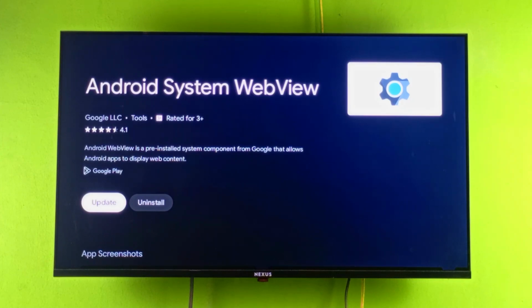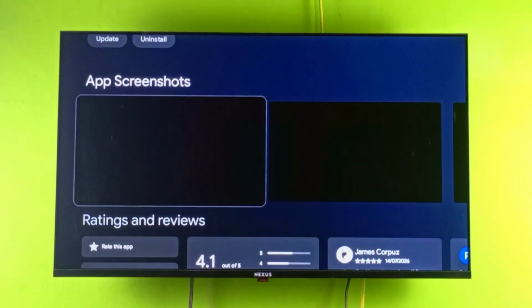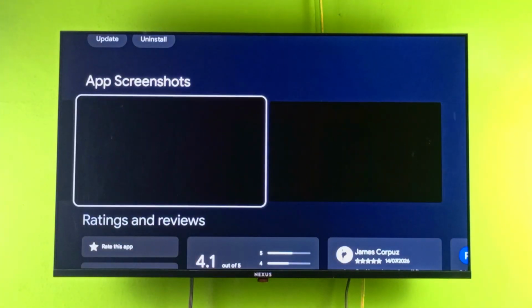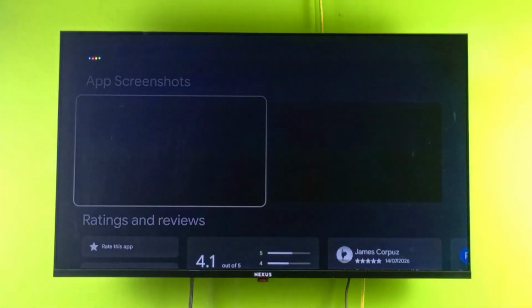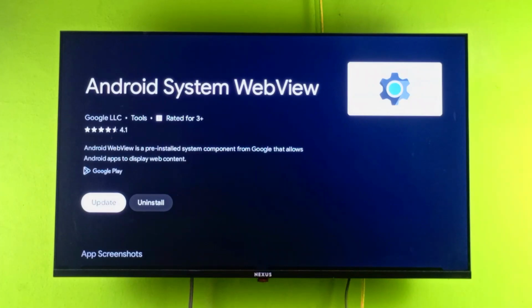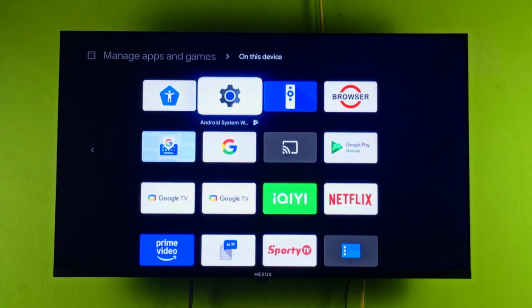If you are the type that browses enough and surfs the internet with your Google TV, you need to keep this particular Android System WebView up to date. This allows you to navigate the web. You can slide down here and check on the app preview as the case may be. All you have to do is make sure you update it. And this is the second app you need to make sure you update on your Google TV or your Android